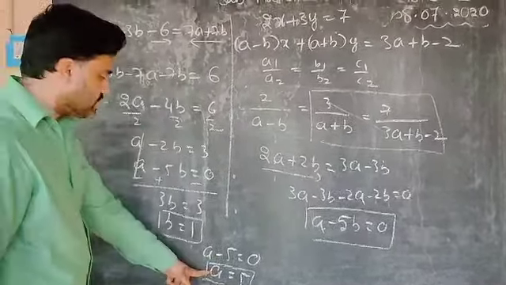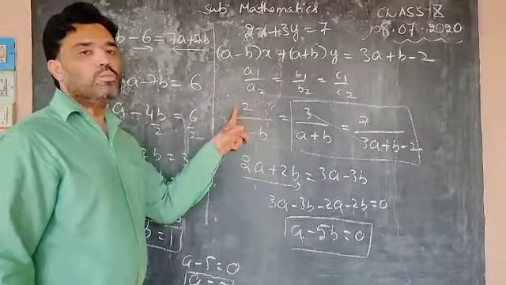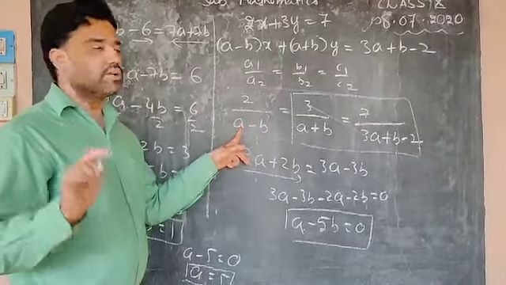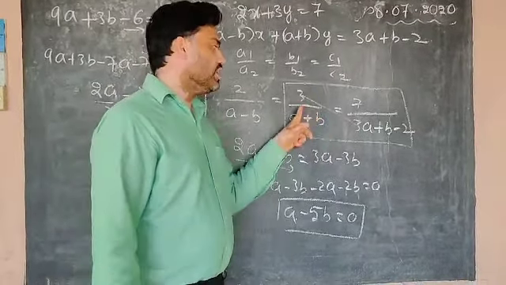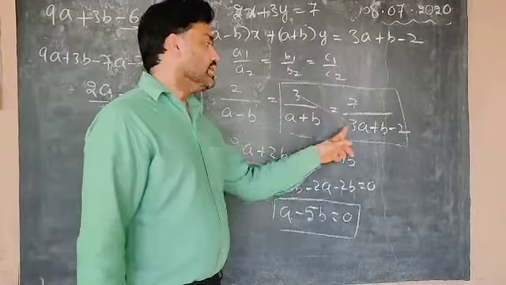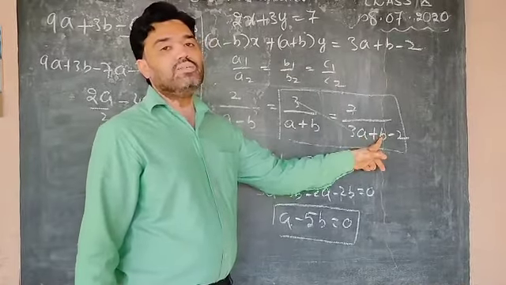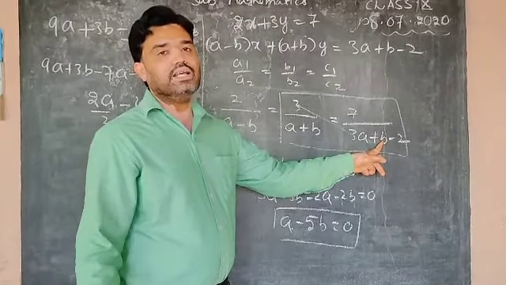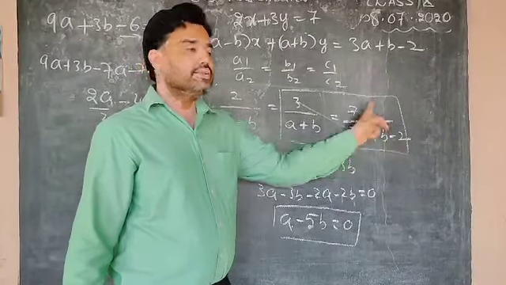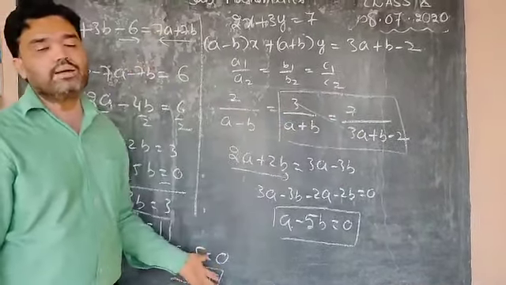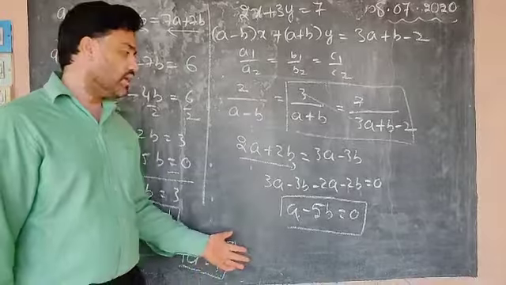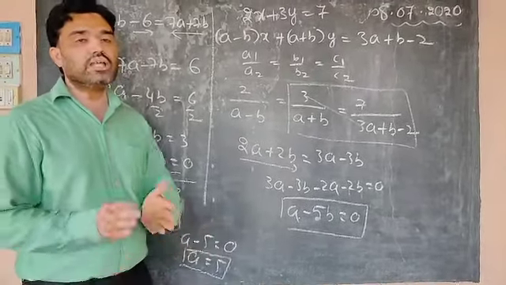So let us substitute in the ratio. That is 5 minus 1 means 4. 2 by 4, if you cancel, you get 1 by 2. 5 plus 1, denominator 6. Therefore 3 by 6 is 1 by 2. Next, 3 into 5, 15. b value is 1, 15 plus 1 is 16. 16 minus 2 is 14. 7 by 14 means 1 by 2. So we got the values of a and b as 5 and 1, which are right. Okay, children, in this way we can check the answer.